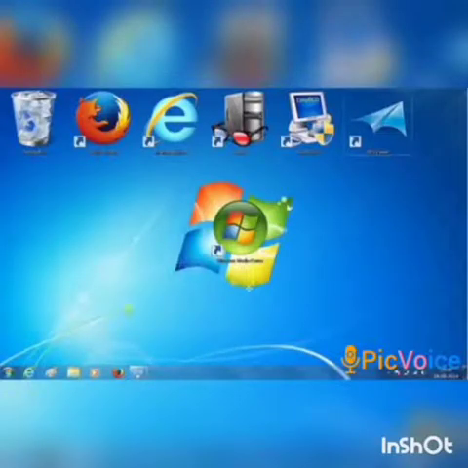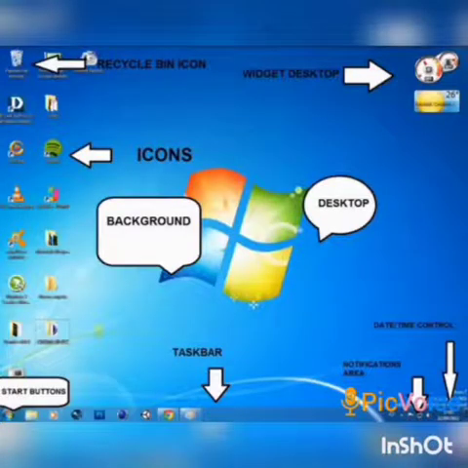Now children, see the picture. This is a desktop screen. The first screen that appears after logging into the computer is known as the desktop. It is the working area of the computer and contains icons which represent various files and folders.